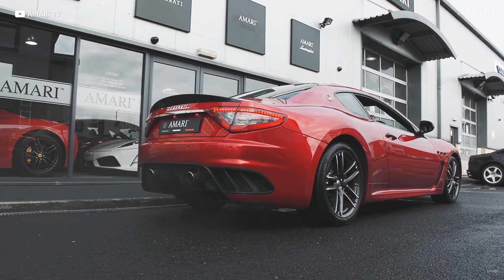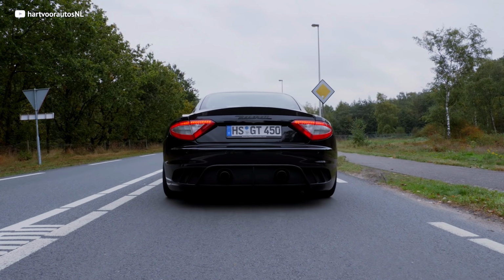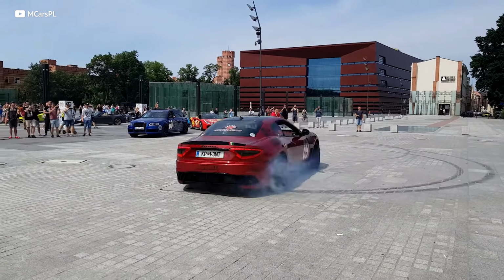This Maserati has the same heartbeat. And no matter what, that Ferrari sound will be giving people whiplash as they try to sneak a peek of who's driving that machine. Yeah, that Italian V8 is godlike. And when you pull up to a party in one of these, people will totally think you're a millionaire,